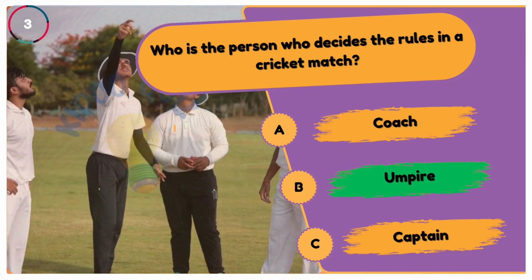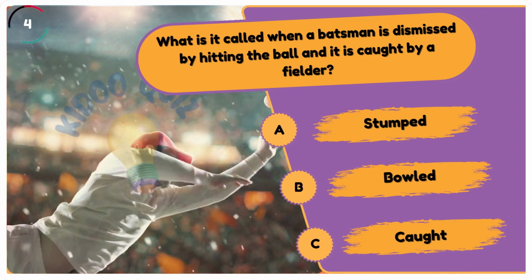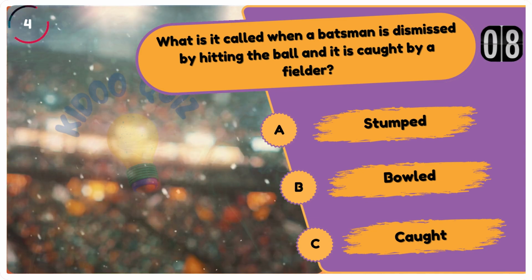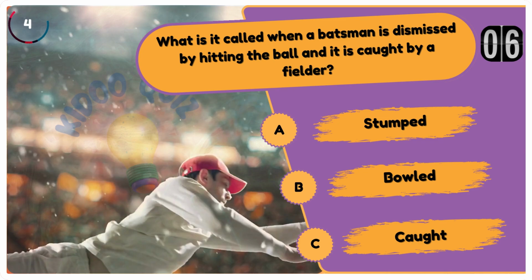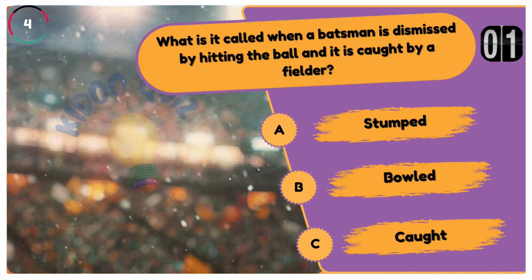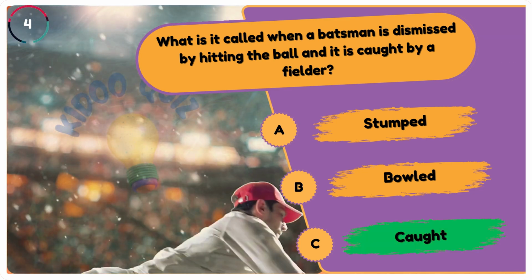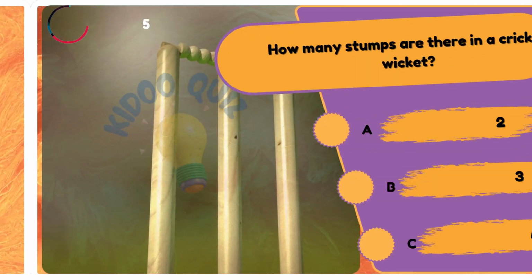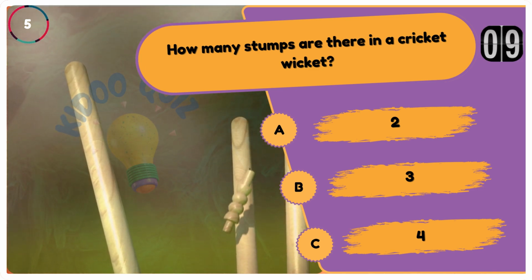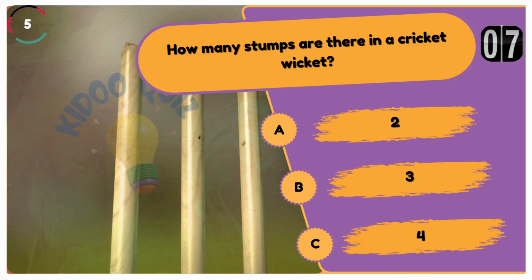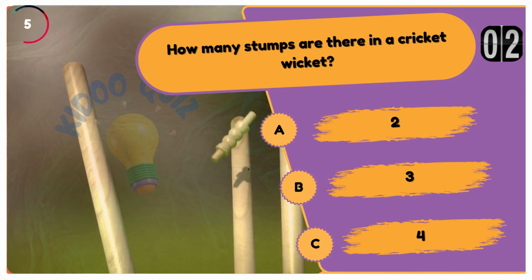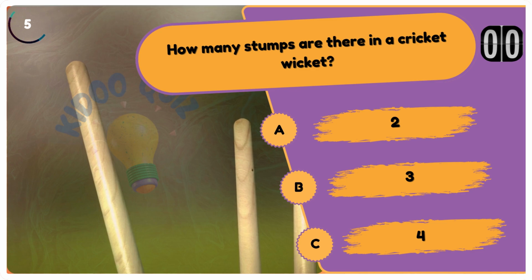Umpire. What is it called when a batsman is dismissed by hitting the ball and it is caught by a fielder? Caught. How many stumps are there in a cricket wicket? (3)